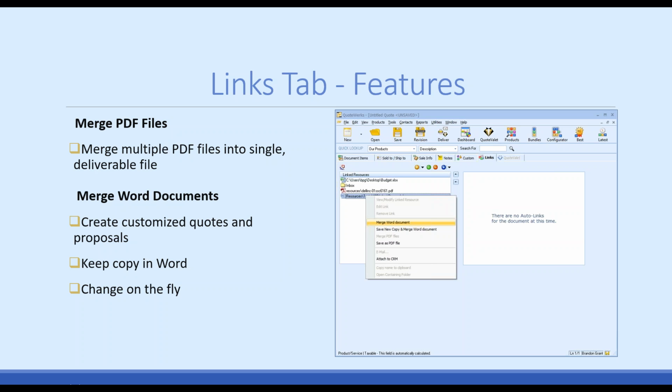This is extremely useful if you have multiple PDFs. If you attach multiple documents on the Links tab and you want to send them out as a single PDF file, we'll actually merge them. You can do this in two places. We can do it through the Deliver window, where we'll merge all the PDF files together into that single PDF file, or if for some reason you want to email it directly from the Links tab, you don't want